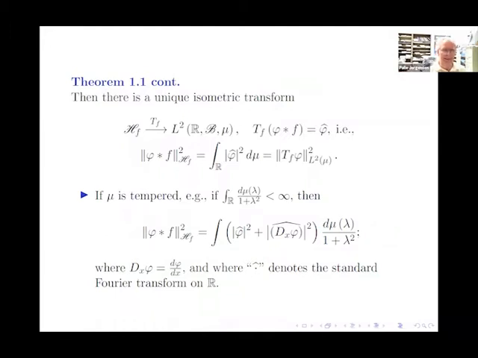So it's exactly the kind of tool that is going to be the focus of what I want to talk about today. Now, if you're not used to tempered measures, think of this one here in the bullet point as an example of a tempered measure. And why do you want it to be tempered? Because then you can make sense of these candidates for the norm squared in this more general kernel Hilbert space.